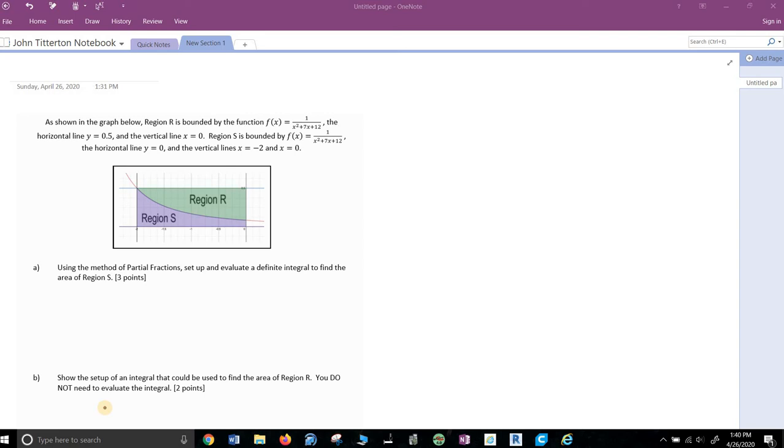Alrighty, a couple of 25-minute FRQs. See what we can do with them. Note I did cut out part E on this first one because it is a shell method volume, which we have not done. So to give you a couple of regions here, I screwed this up pretty badly first try